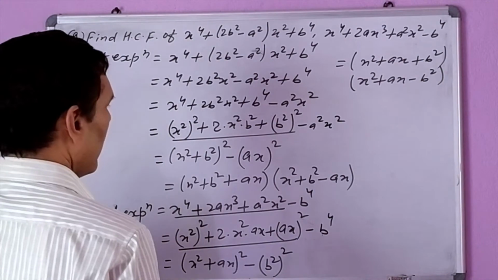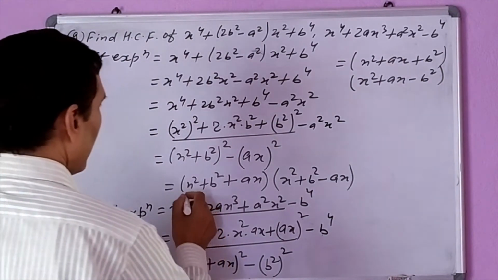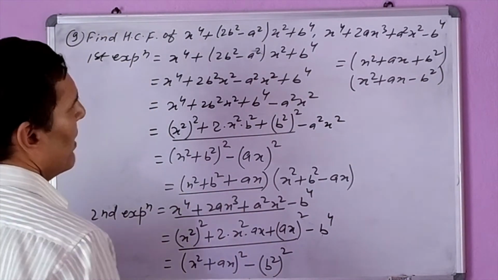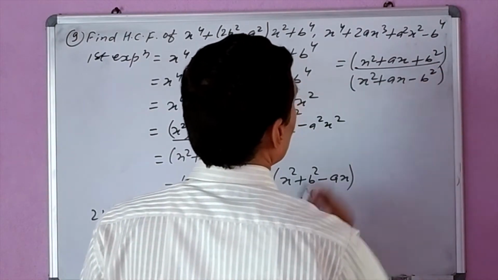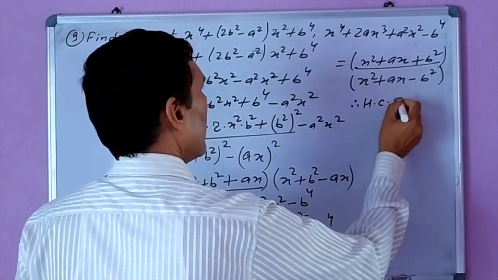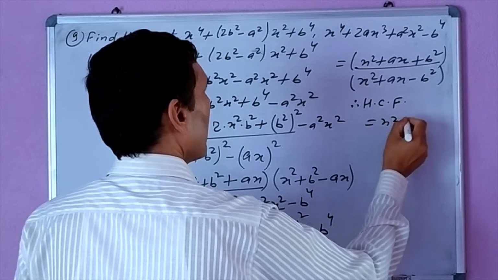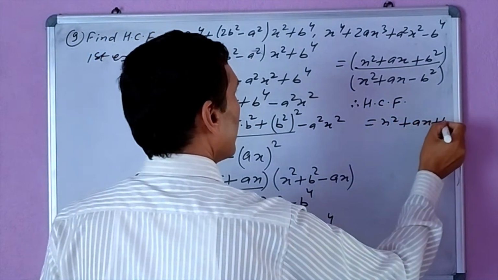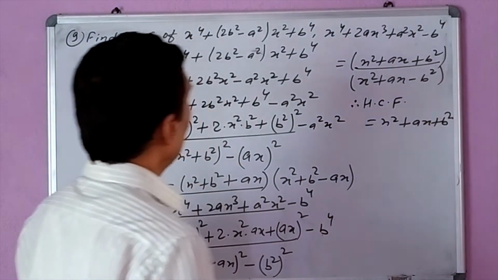We can see only one factor is common: x square plus ax plus b square, x square plus ax plus b square. Therefore, HCF is equal to x square plus ax plus b square. So in this way,